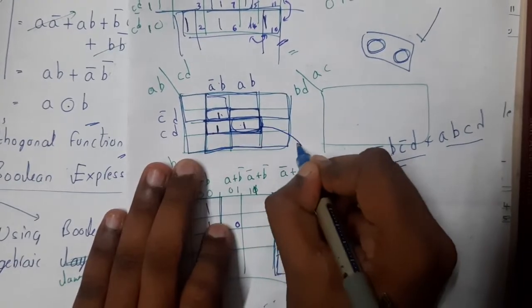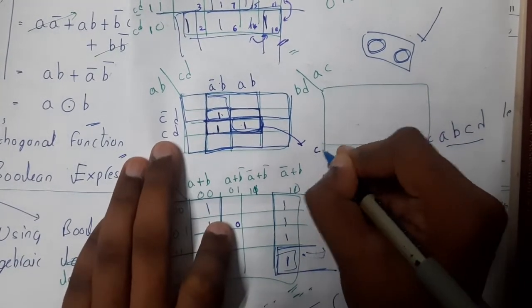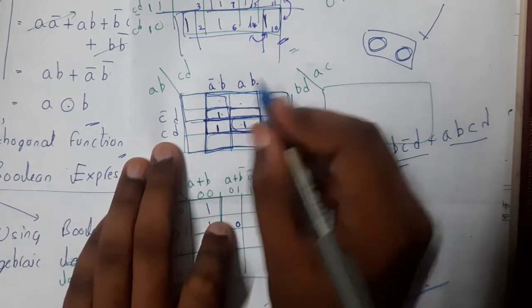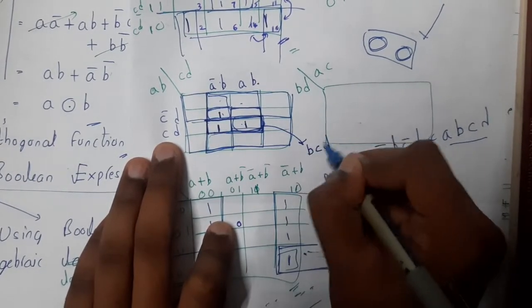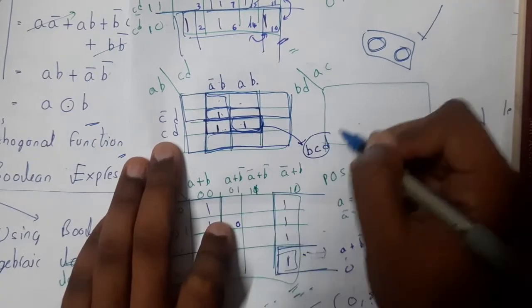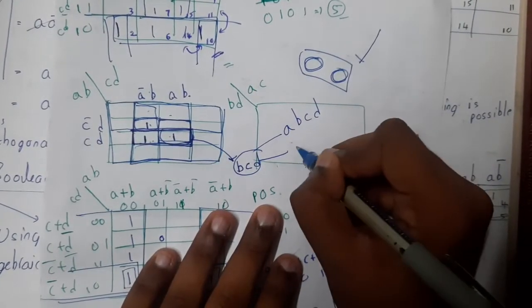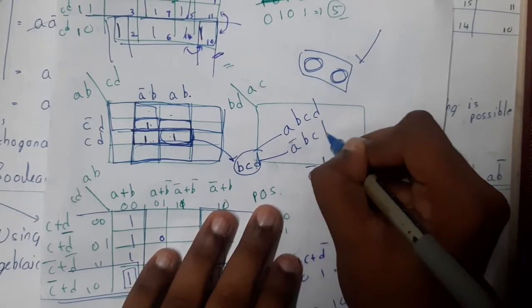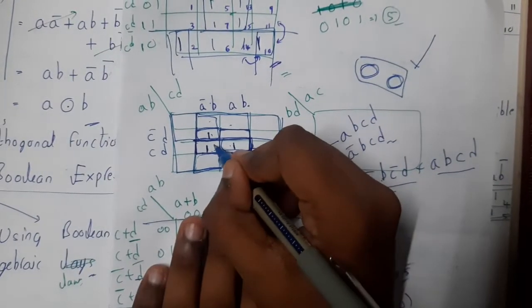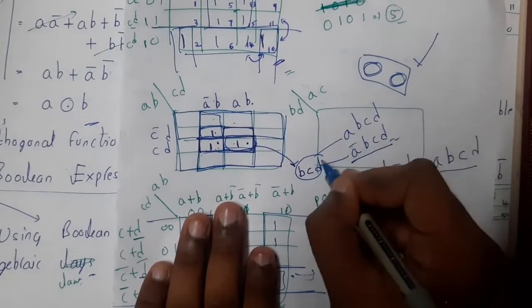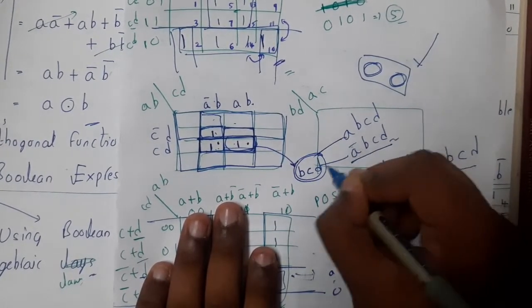So if you take those two elements, what will be the result? It will be CD on this line. And in between these two, we are having A bar B and AB, which are common. B is common, so you will be getting BCD for this location. If you try to expand it, it is nothing but A, B, C, D and A bar B, C, D, right? If you observe, what is this location, guys? It is A bar C, D, and what is this location? A, B, C, D. So with a simple term, we are able to represent it too.